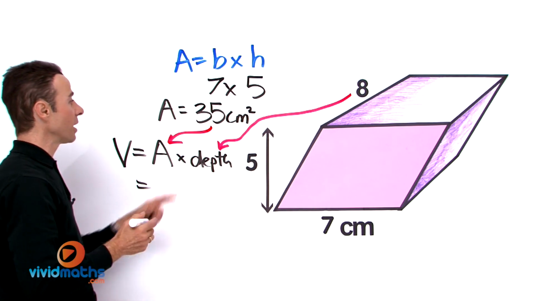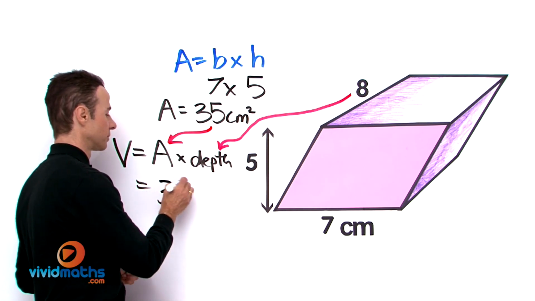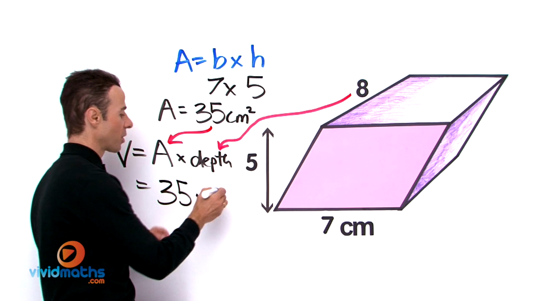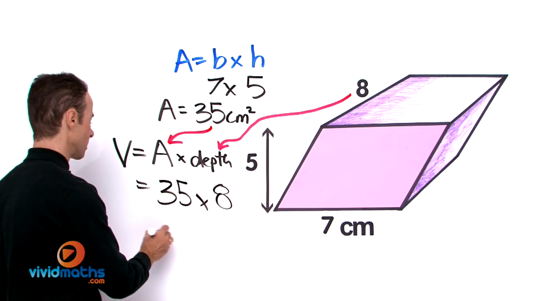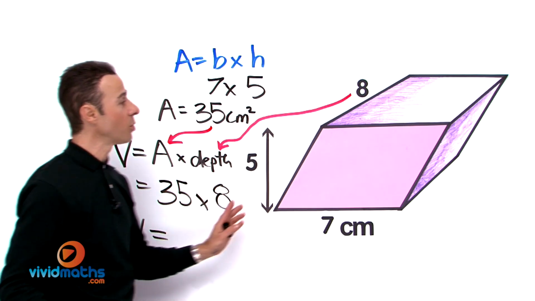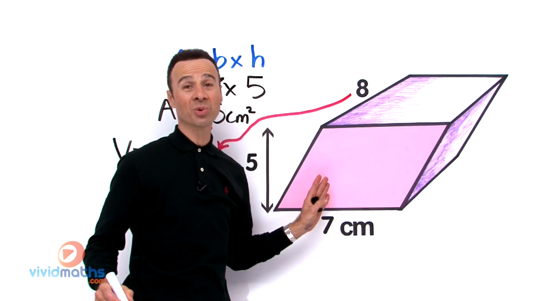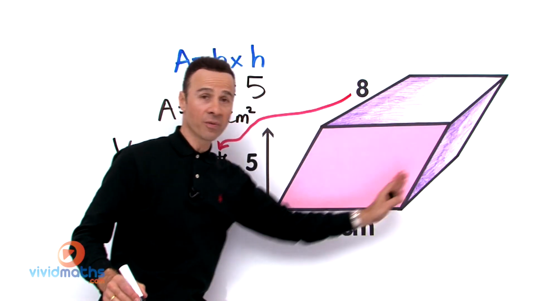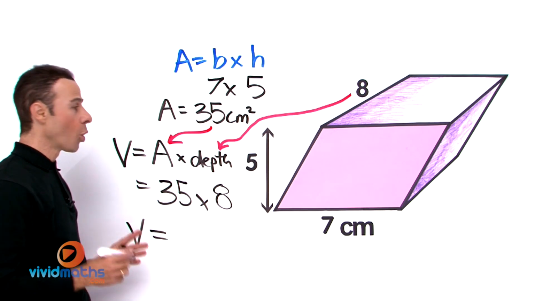So let's multiply them out. We have 35 times the depth of 8 centimeters. So the volume of this total area here, which is called a parallelepiped prism, all of that, the whole volume is altogether